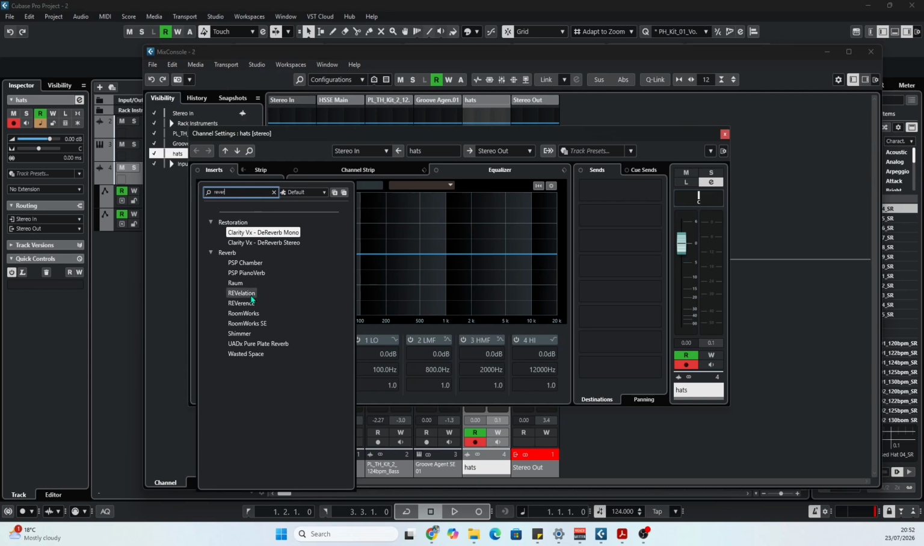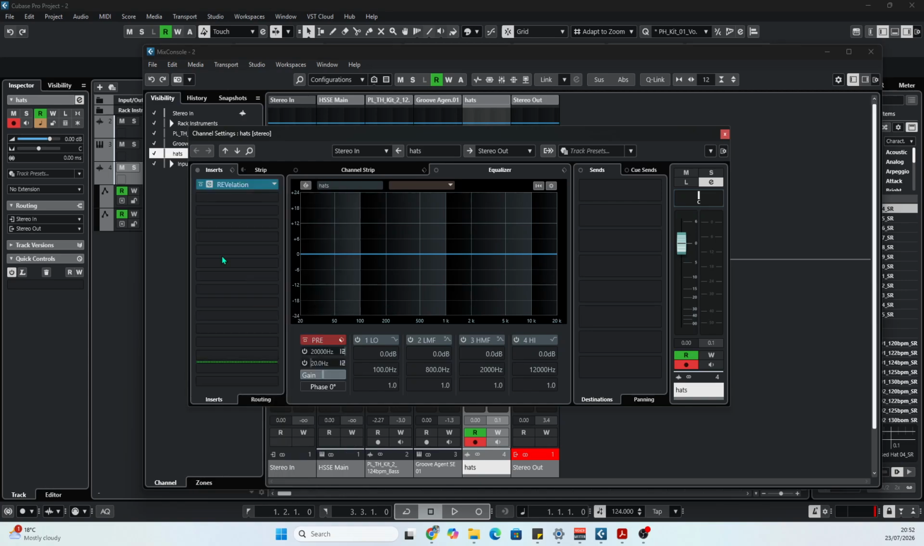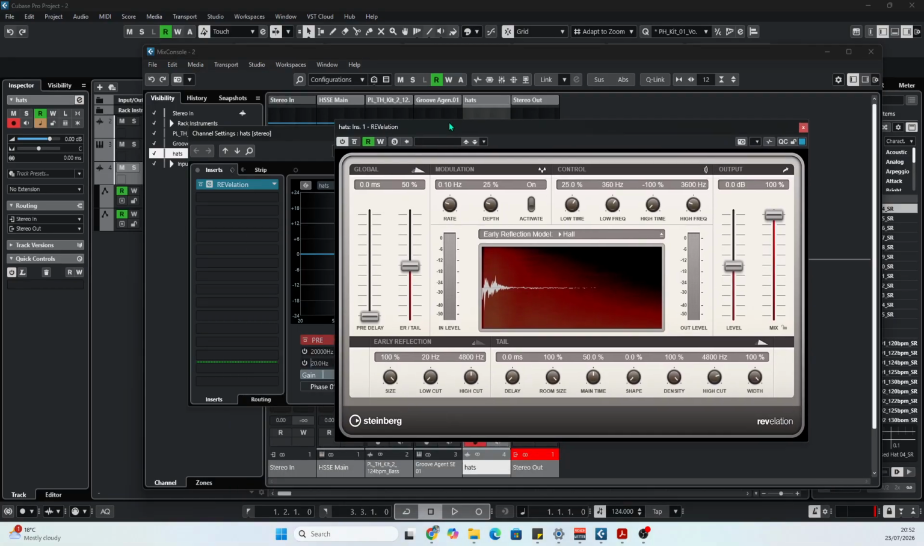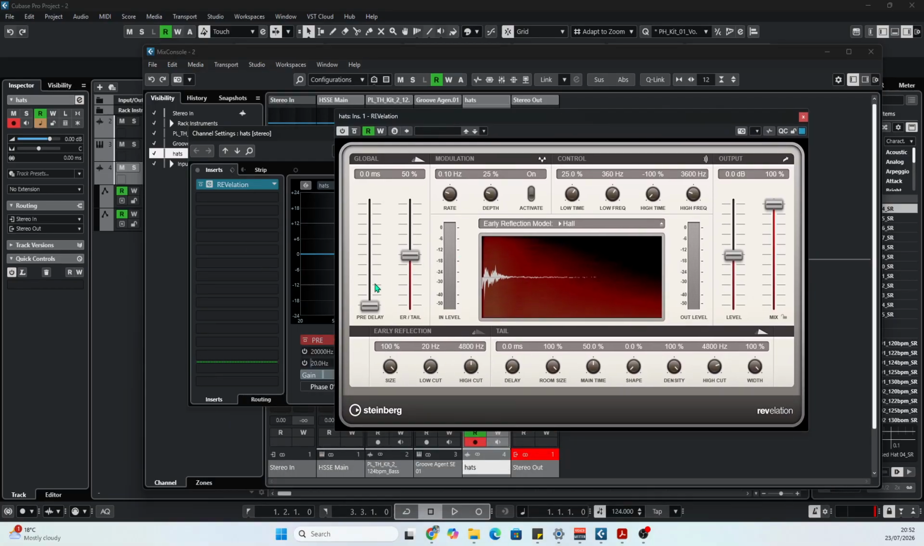Let's go with Revelation. So let's see how it sounds like this. But guess what? I can read and write also on this one. So let's say 0 mix from the beginning, and then I start the project, I click on write,